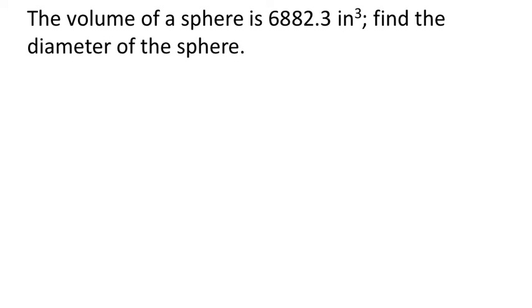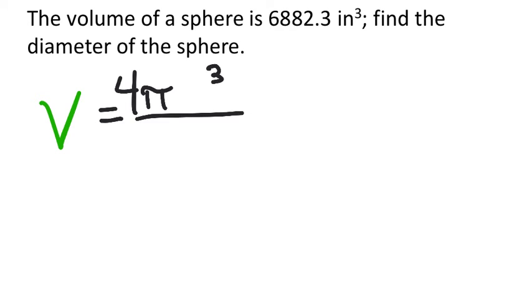Now this one is asking for diameter, not radius, but we're going to have to find the radius anyways because it's in the formula, right? So what is the formula for the volume of a sphere? Volume of the sphere is 4 pi, times the radius to the power of 3, all over 3. And in finding the radius, we'll be able to find the diameter correspondingly with this. But yeah, they gave us the volume here, so I'm going to replace my volume with the value they gave us, which is